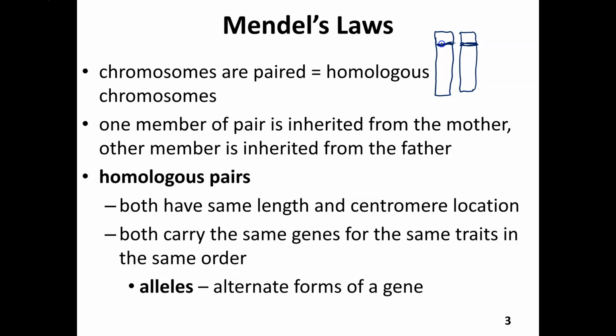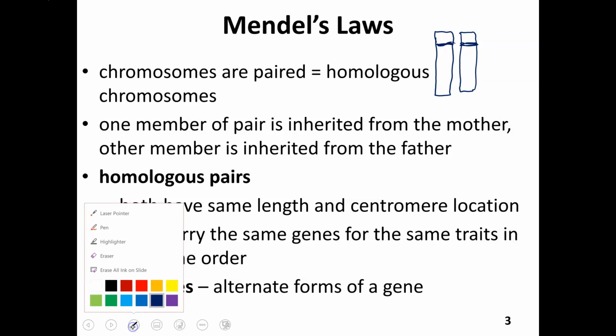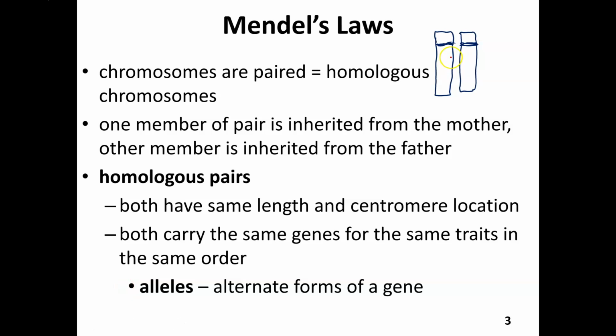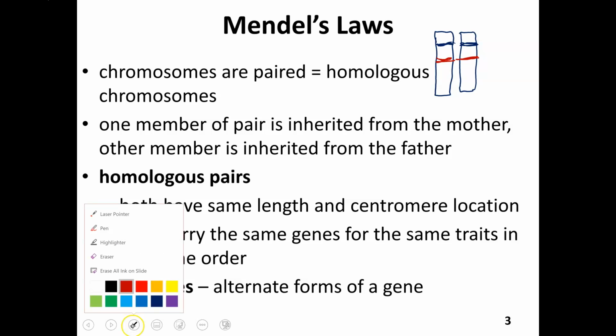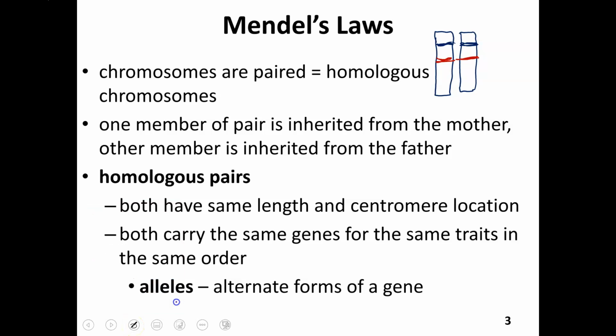So if that's one gene, I'm just going to make different colors as different genes, okay? Here's another gene, and maybe there's a third gene down here, right? So they have the same information,